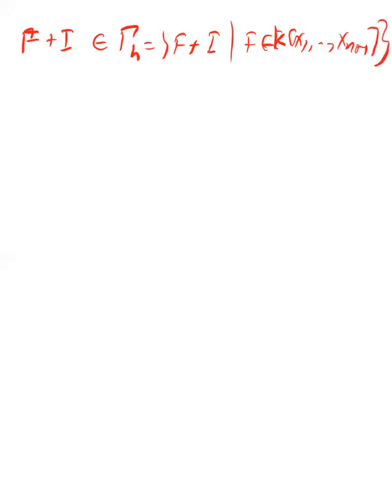Okay, so if you take such a representative, if F is not constant, it's capital F, not little f, capital F is not constant, then it is not defined at